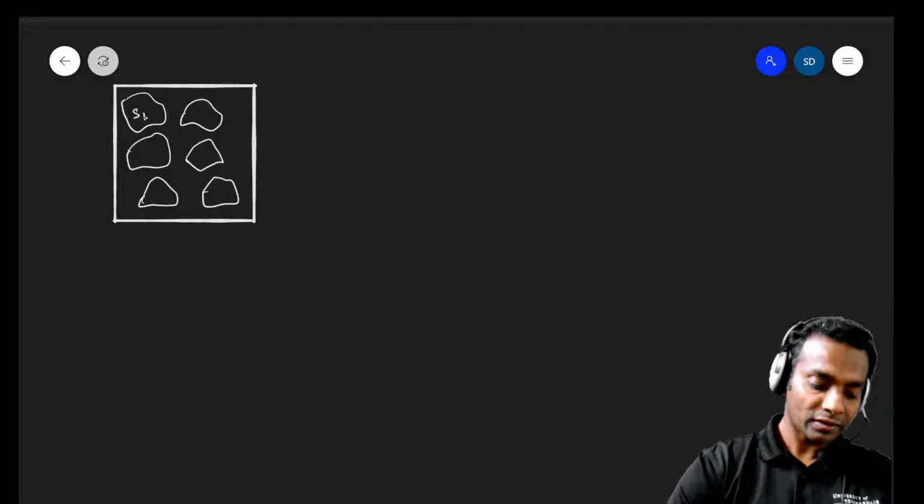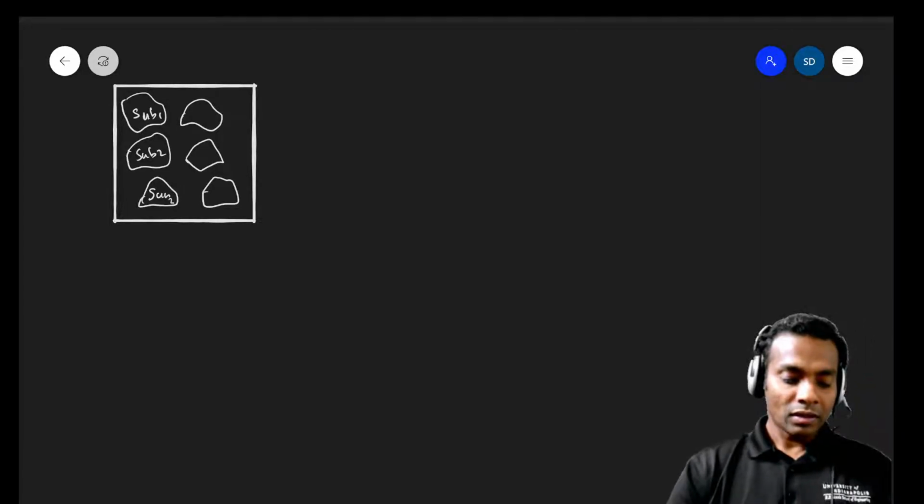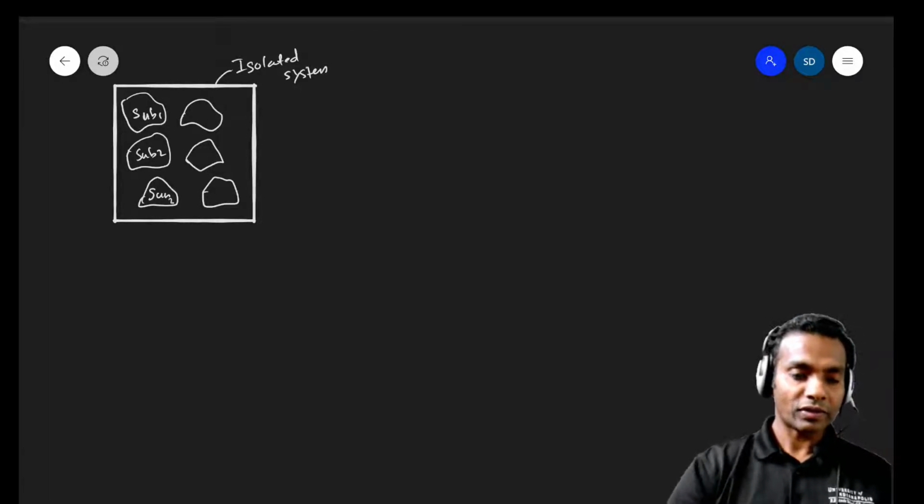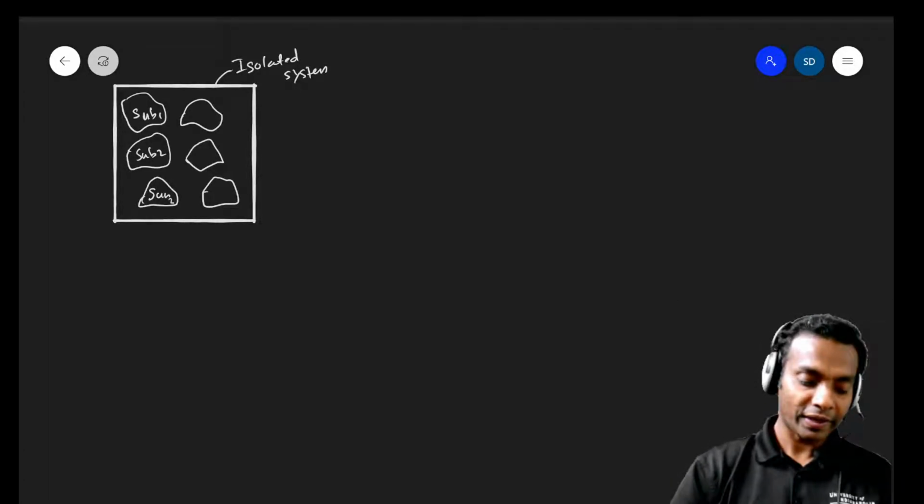Subsystem 1, sub 1, sub 2, sub 3, okay, subsystems. So since there's no heat transfer between the surroundings and the isolated system, we can say the total